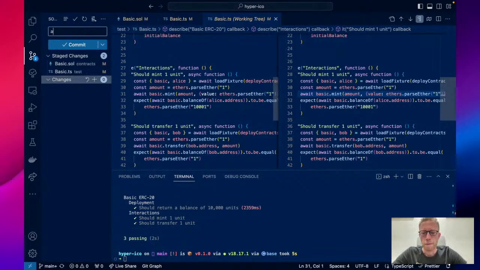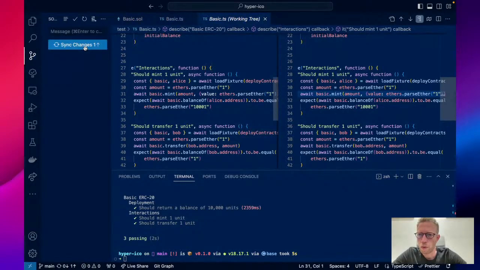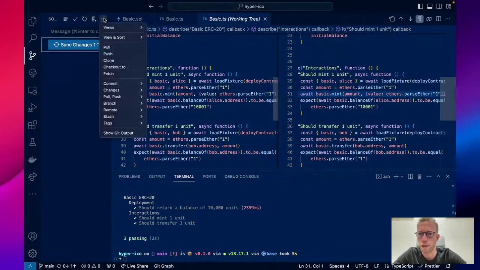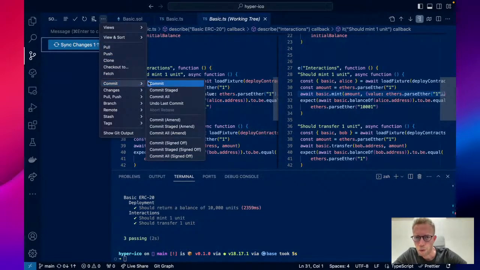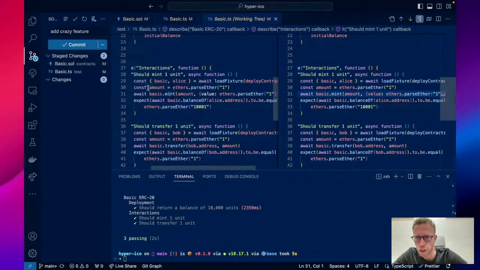I'm going to say add crazy feature, commit, and then, yeah, I'm not supposed to do that directly like this, but let's see. We're going to do it the clean way if you don't mind. So I'm going to undo that commit,